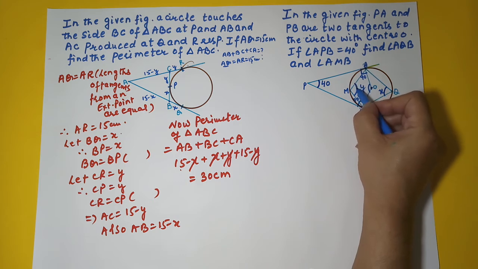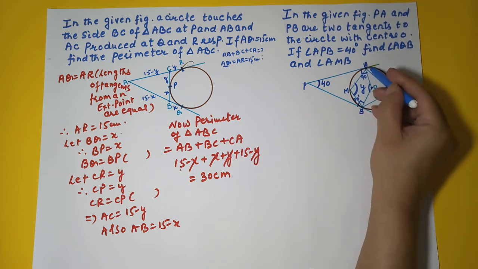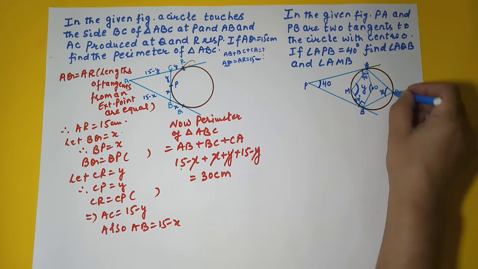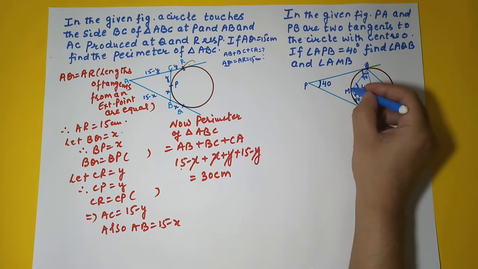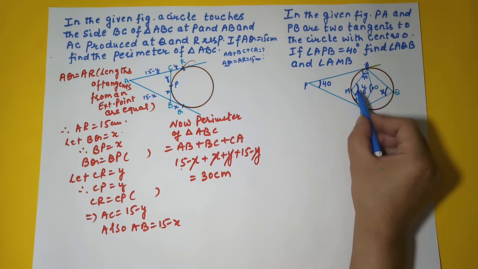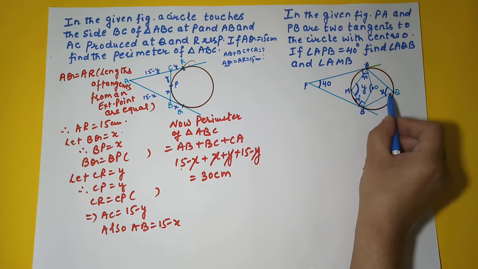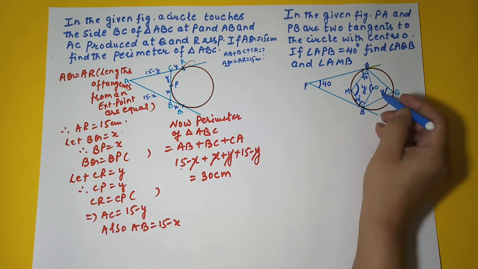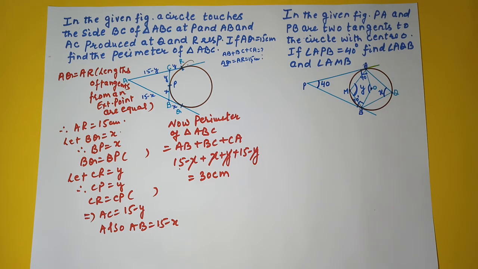Now, you have to find this Y. Now, look at this quadrilateral AQBM. Is it a cyclic quadrilateral? Yes, because all its endpoints are lying on the circumference of the circle. So we can say that the sum of the opposite angles is 180, or the opposite angles are supplementary. We know that theorem, that in a cyclic quadrilateral, opposite angles are supplementary. X we have, we can calculate Y. Right? So let's write it now.